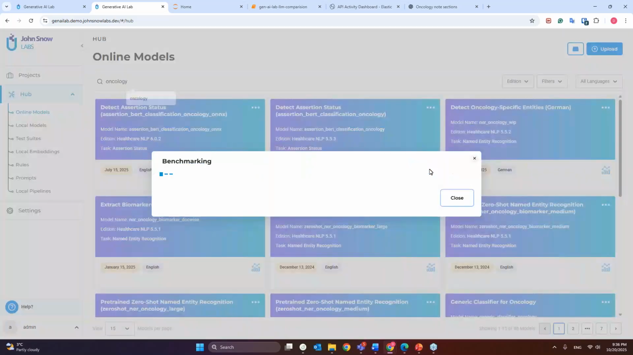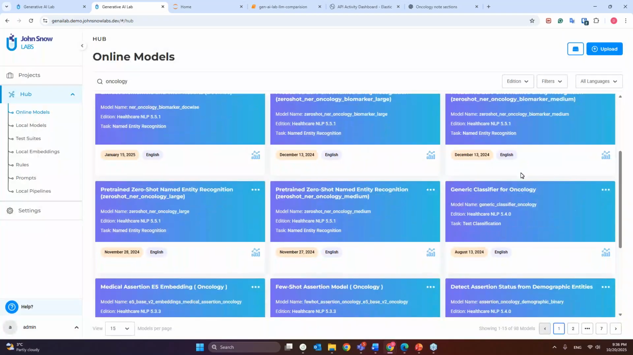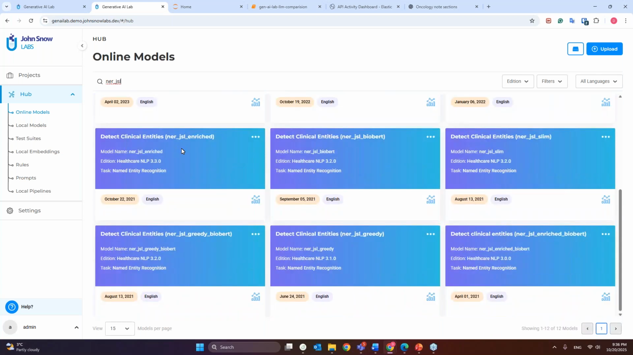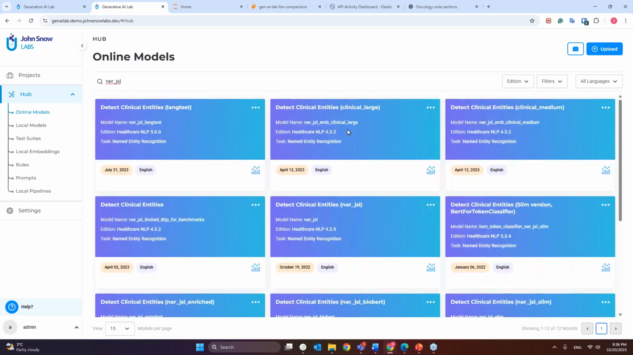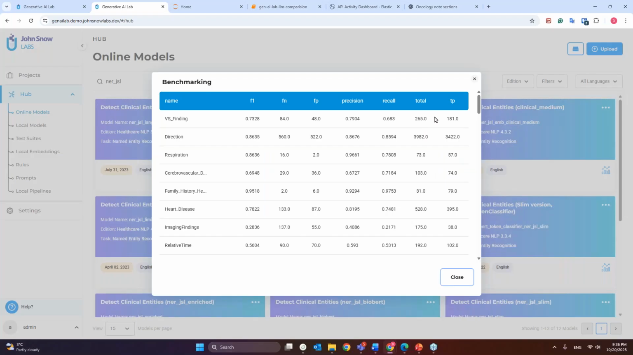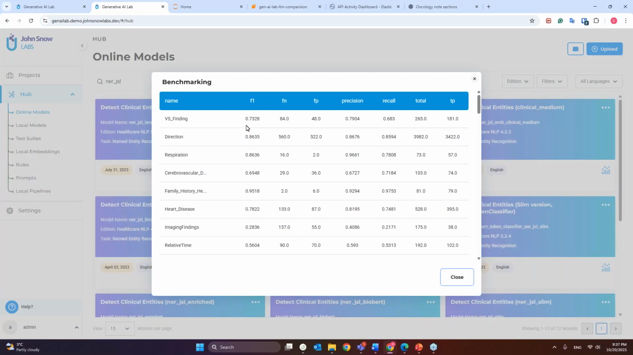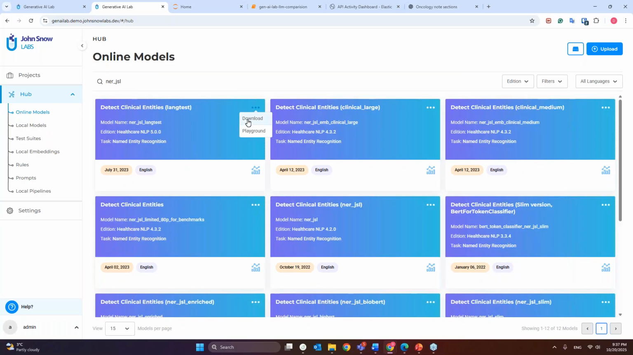If you click on this, not this one, but let's say NER DSL, which is one of our most comprehensive models. You see, when clicking on this small icon, you see benchmarking information, F1 score for all the entities which are predicted by this model. And you can simply select it and download it. This will copy the model to your